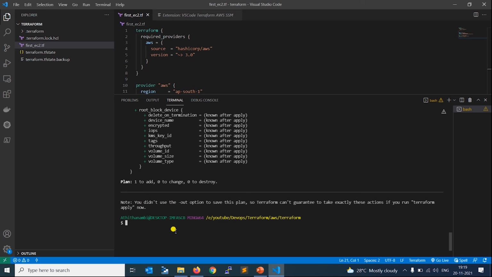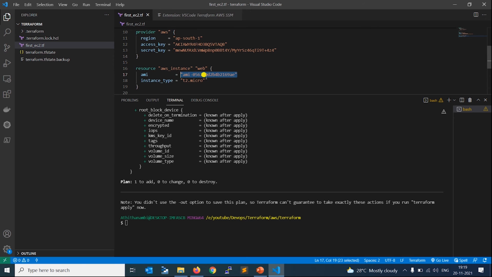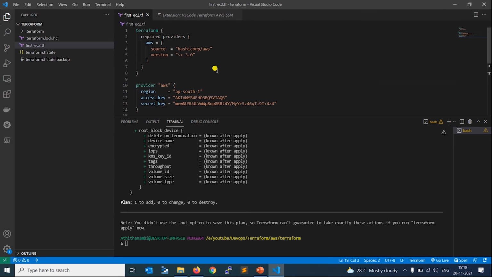Before going to this, there are two things we need to focus on. As I already said, the location is very important. If you use a different location, the AMI image will give you an error message. Authentication is also very important, so make sure that you created the admin access user and provided the correct access key and secret key. Another thing, if you are using a Windows machine, the system time is very important. If it is not correct, it produces the same authentication issue, so make sure your system time is updated.